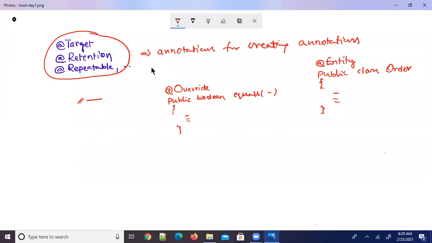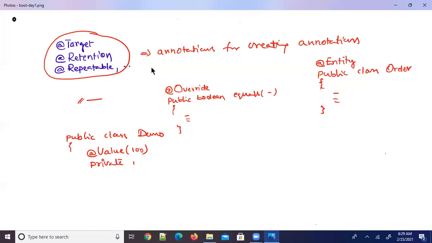Say for example, I'm writing a class like this, public class, something like a demo class. Suppose I'm writing like this now, @Value of 100 private int x.